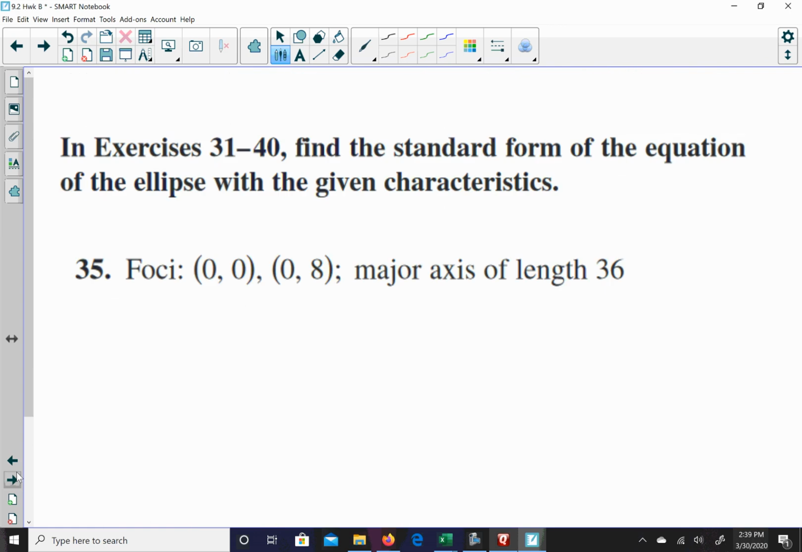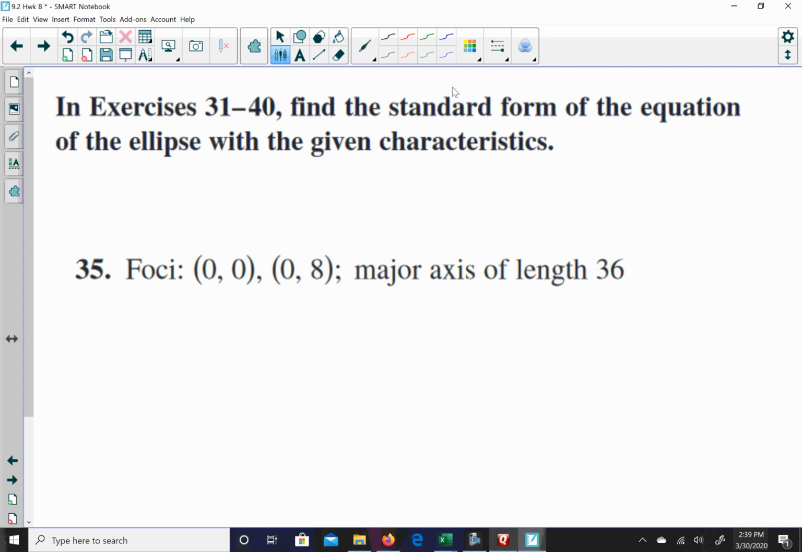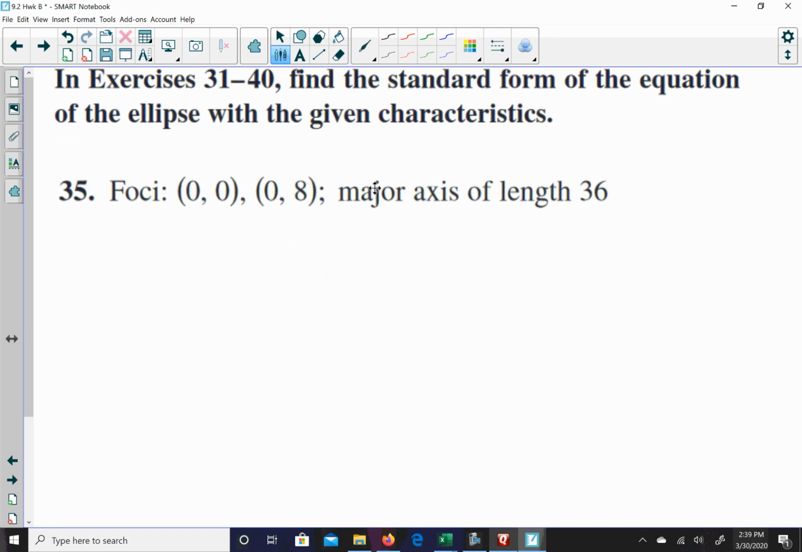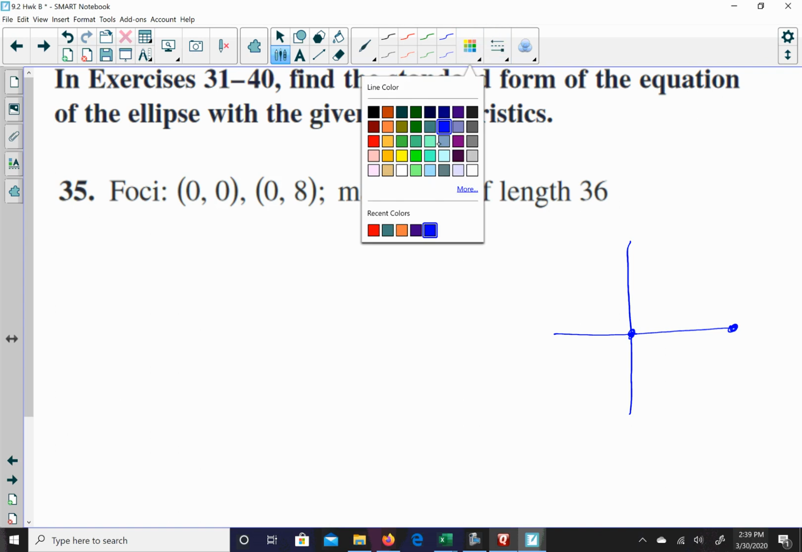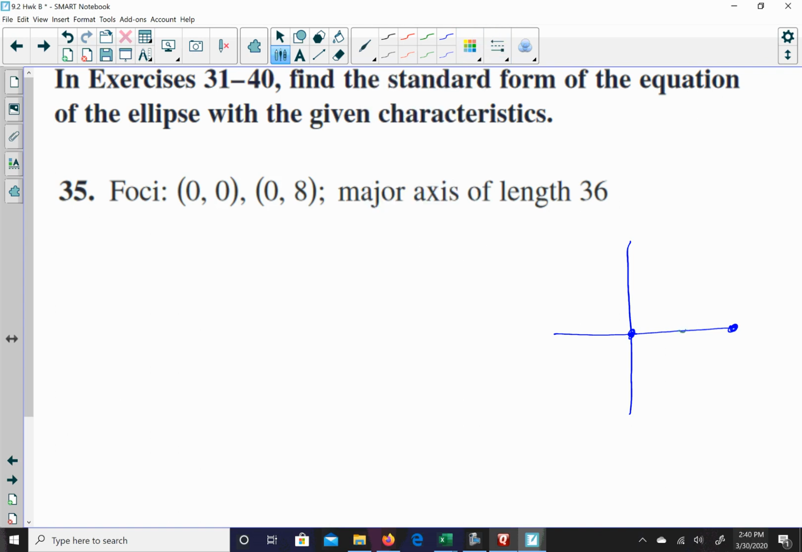Going on to the next one. It wants me to write the standard form of the equation of the ellipse with the given characteristics. So it gives me the foci, and I like to draw a picture. The foci are (0, 0) and (0, 8). Well, before I go any further, if this is a foci and this is a foci, I know the center has to be halfway between those two. So halfway between those two is the center. So I know that the center,